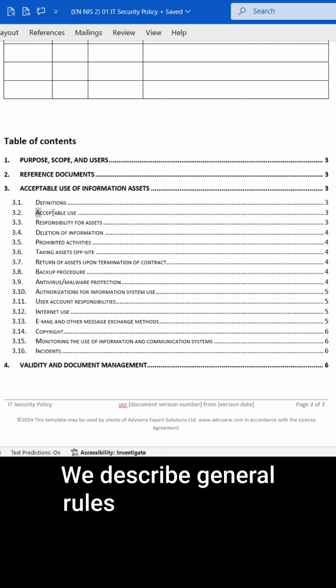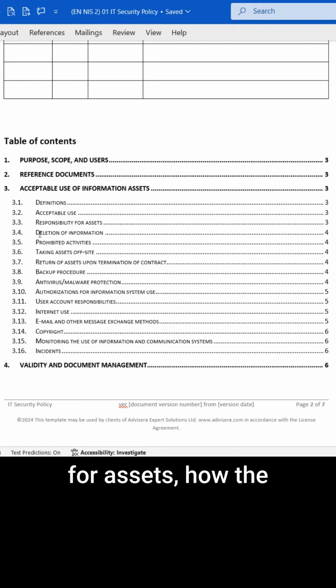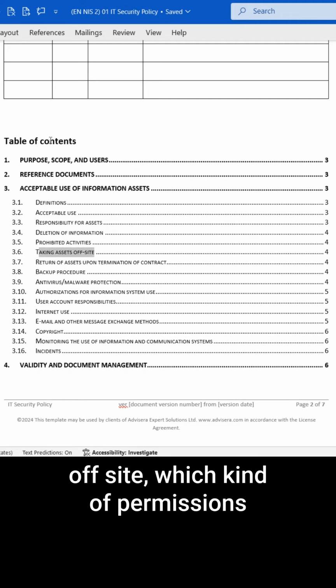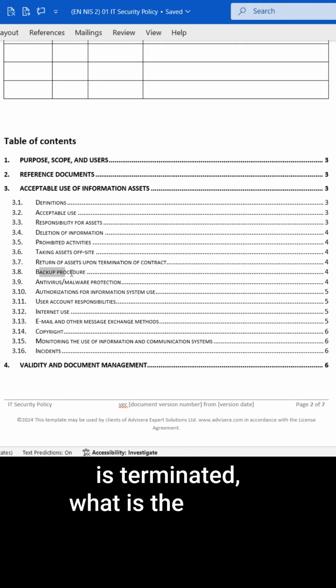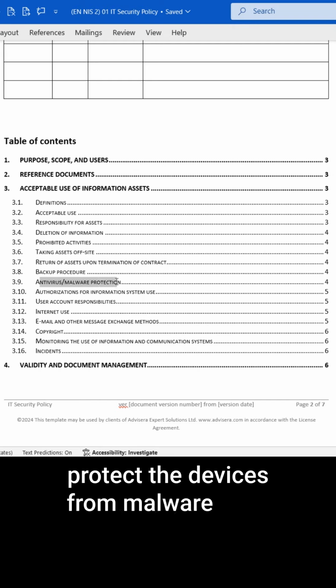You describe general rules for acceptable use of assets, then who is responsible for assets, how the information needs to be deleted on, let's say, laptops and so on, what are the prohibited activities that are not allowed, how you take assets off-site, which kind of permissions are needed, how you actually return the assets once the contract with an employee is terminated, what is the backup procedure for all the devices, how you protect the devices from malware, from viruses,